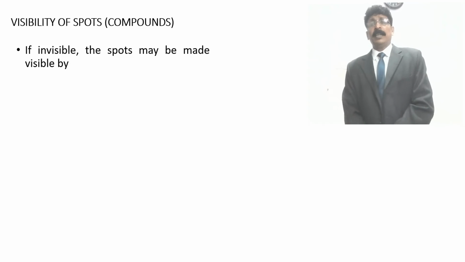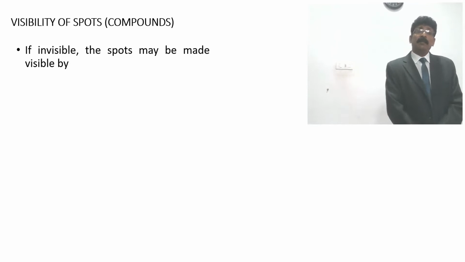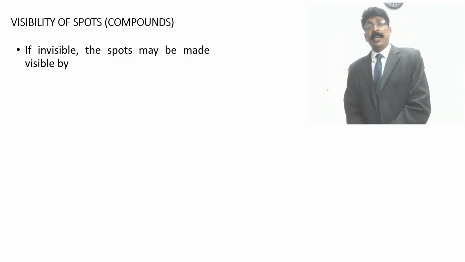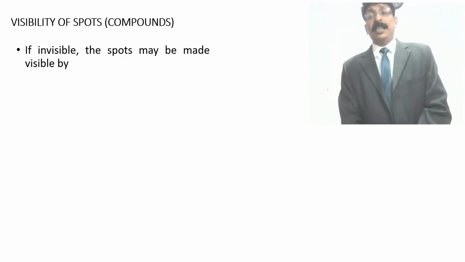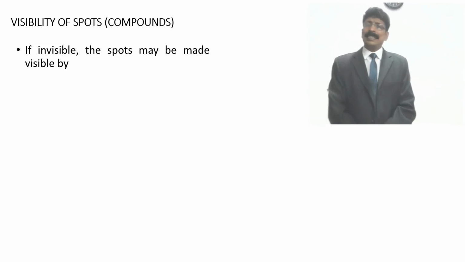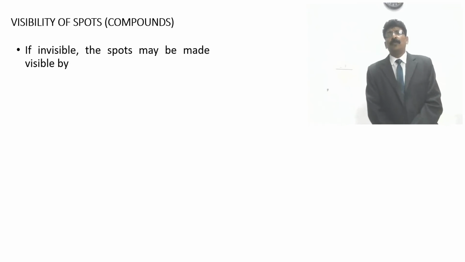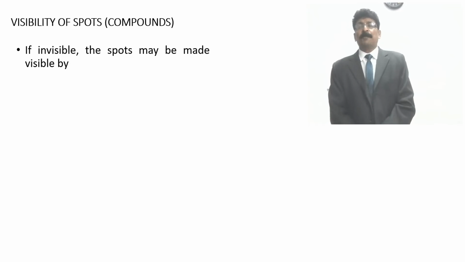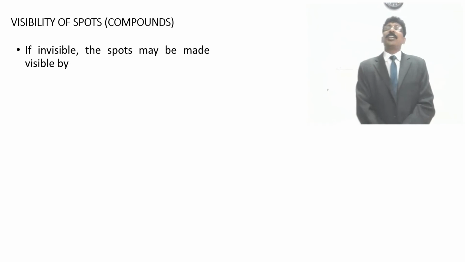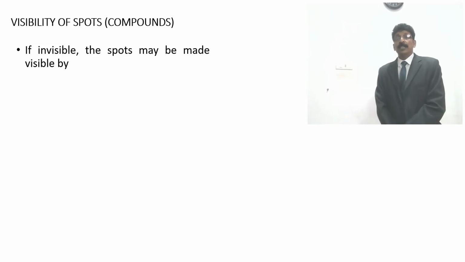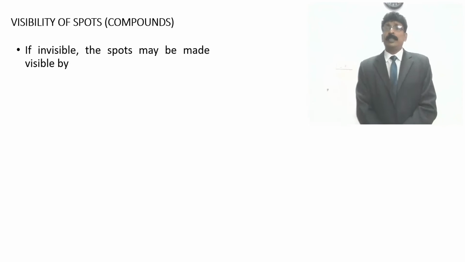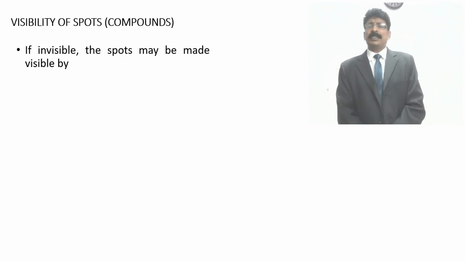Spotting can also be done by means of visible or UV light, or fluorescent compounds can be seen at different wavelengths like 360 nanometers or 254 nanometers, and spots can easily be identified. UV chambers are available to see the spots clearly and to calculate